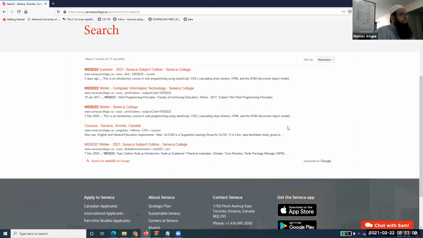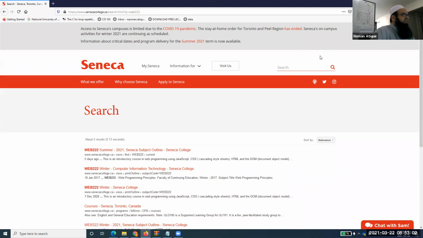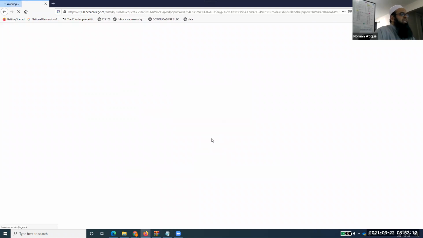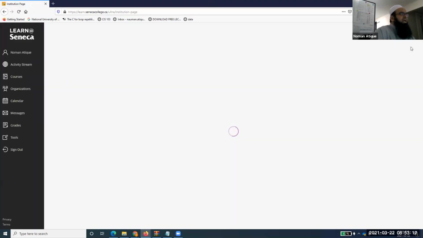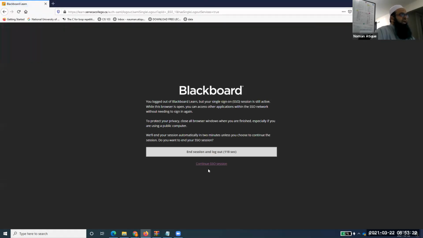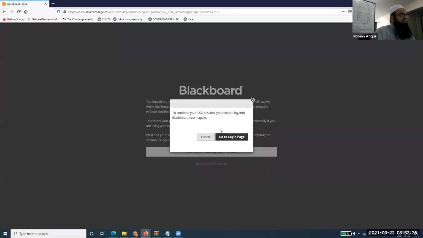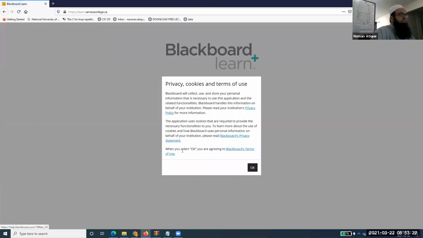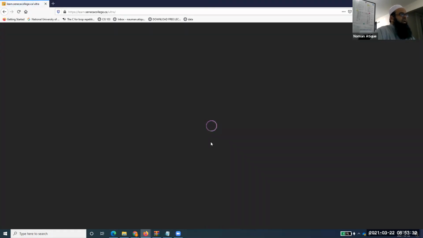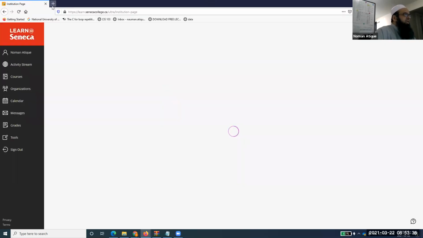Anyhow, so what is that? Basically, it is a form. And there is a form that you usually use on a daily basis when you go to My Seneca and you go to the login. Have you seen that this login is basically using this form and it directly logs me in? Why? Because I have already given the credentials. But anyhow, if I sign out from here, and go to the login page, it should now ask. But again, if it has my credentials here, not showing it, no problem.